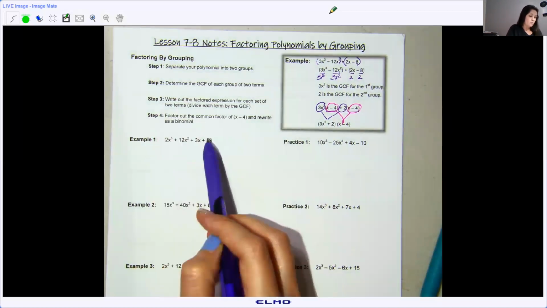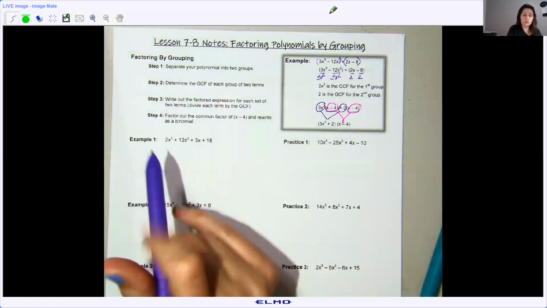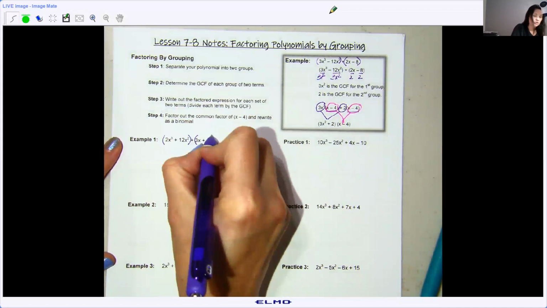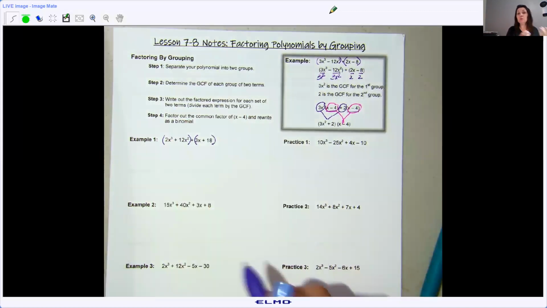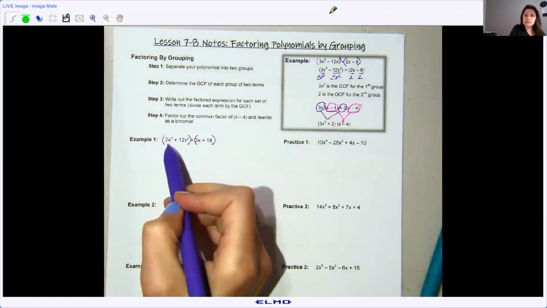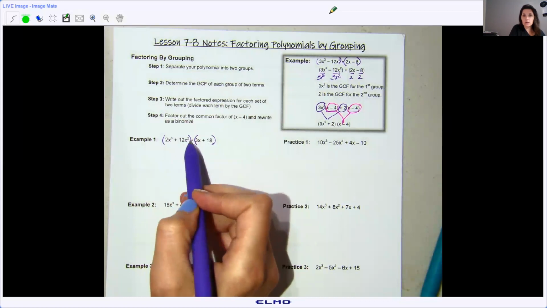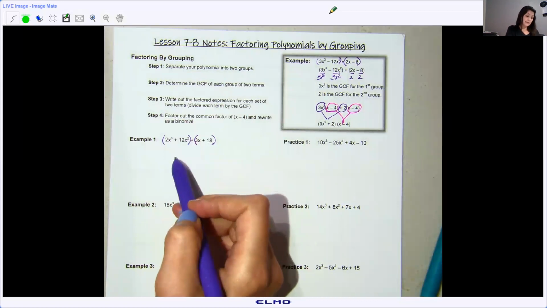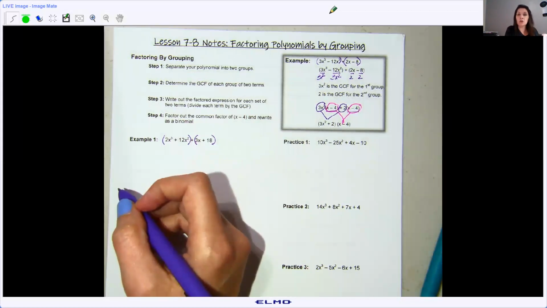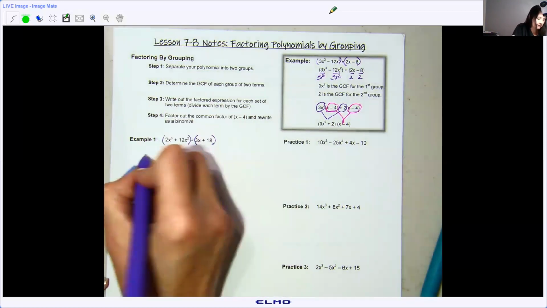In example 1, we are going to separate our polynomials into 2 groups. So I'm just going to do that right here. I don't even need to rewrite them out. If you want to, you can. In looking at my first set of parentheses, I have a 2x cubed and a 12x squared. Well, I can see that the greatest common factor is going to be 2x squared. If you can't see that, then you need to go back to the way that I taught you how to factor out the greatest common factor and do that. So 2x squared,